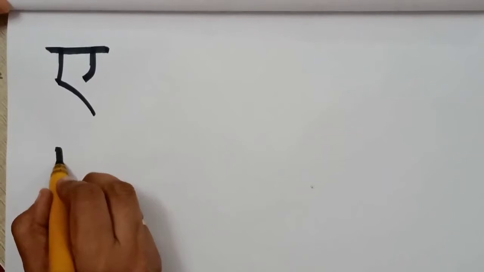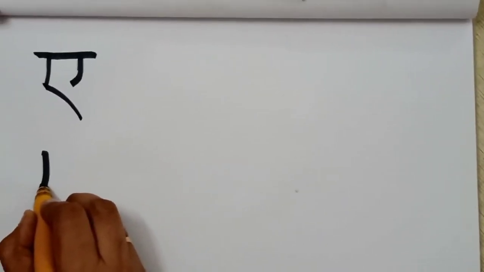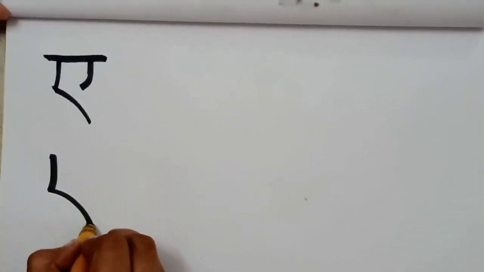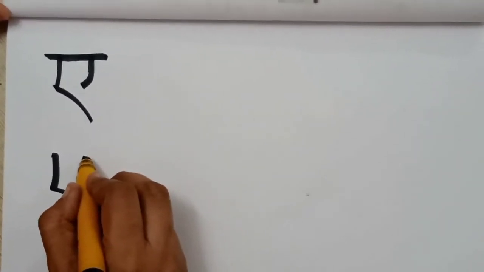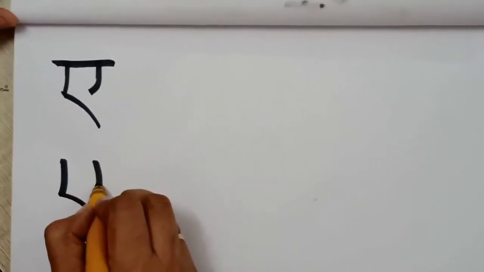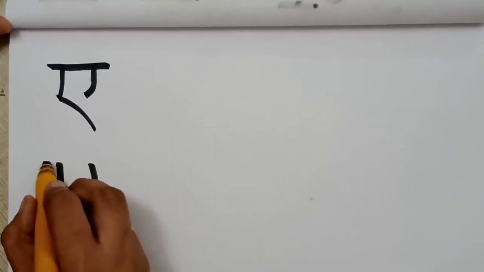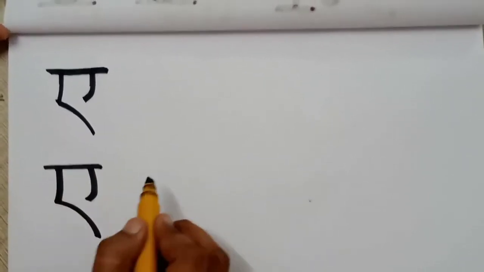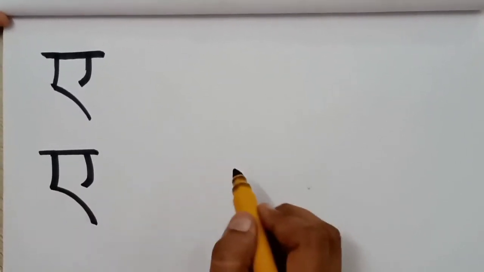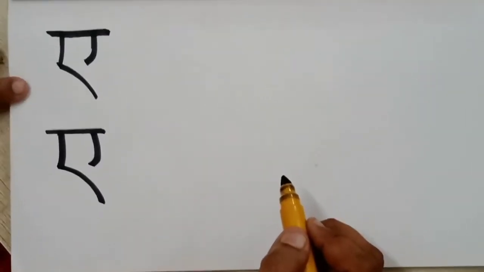One more time. Draw one standing line, then one slanting line. Next to it, one more standing line and make a small turn. Then up one sleeping line. This is letter A. A say Ek.